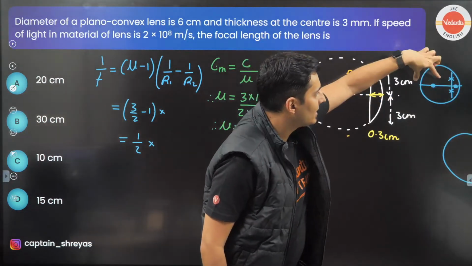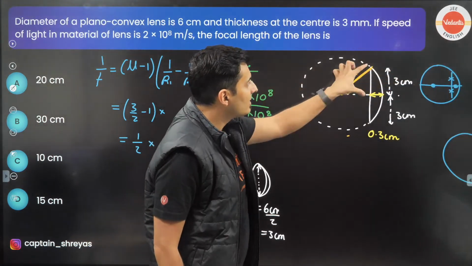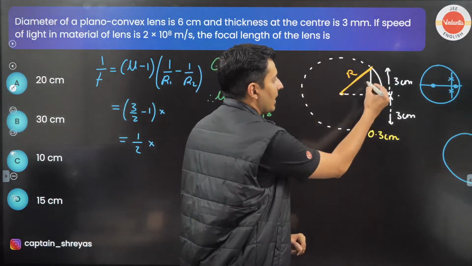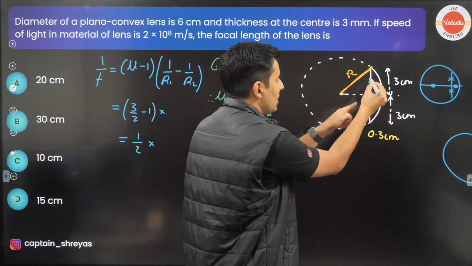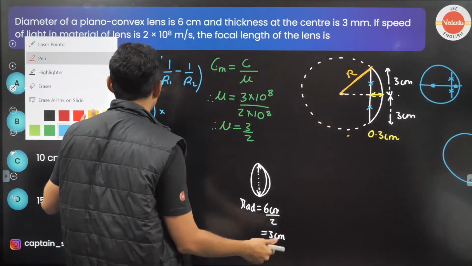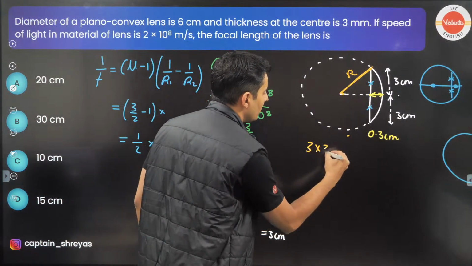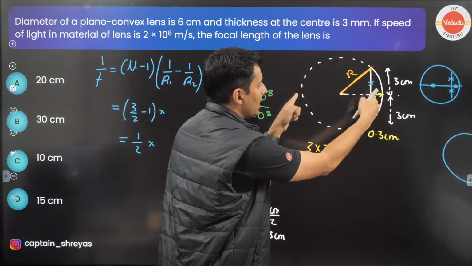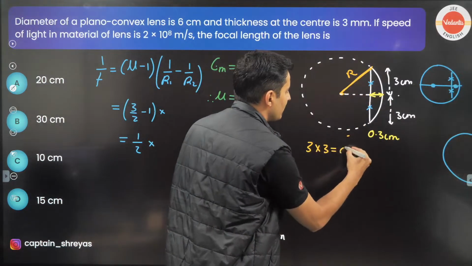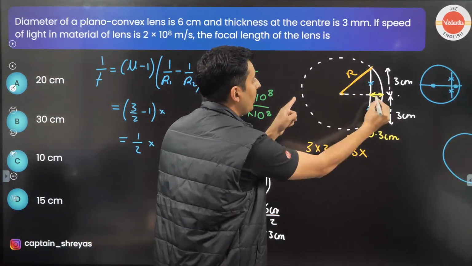So this into this is this into this. Now clearly see, these two crosses are right over here. This is that crosses. So each of them is 3 centimeters, like you can see. So 3 into 3 is equal to this much into this much. This much is basically 0.3. This whole thing,